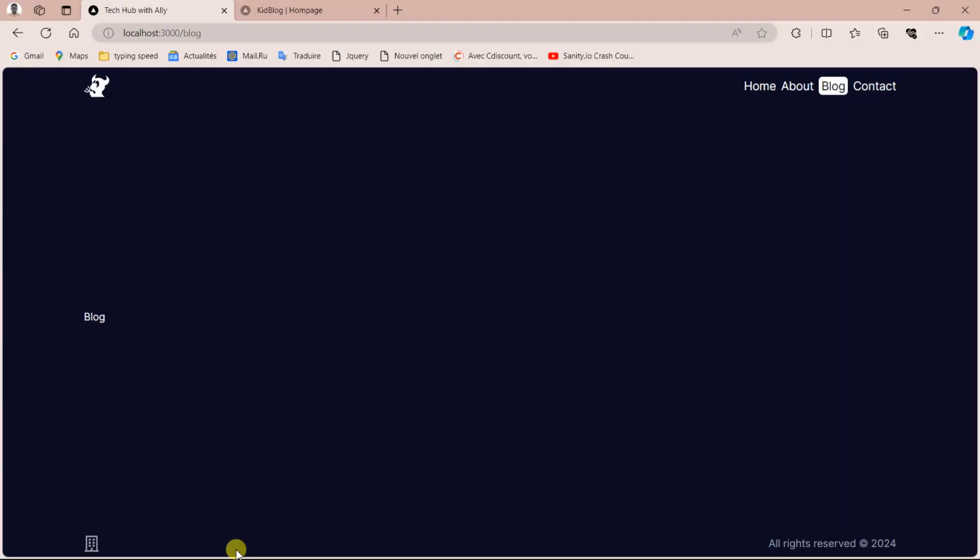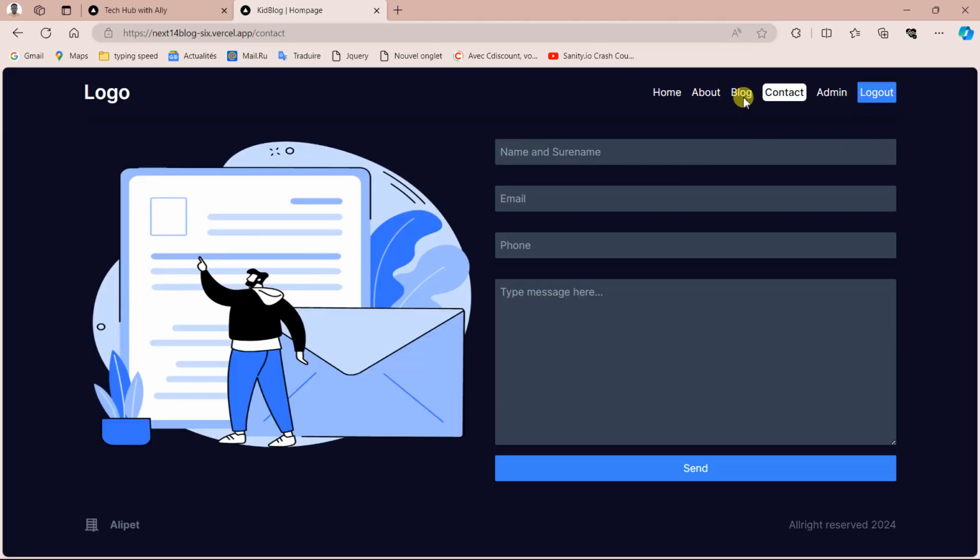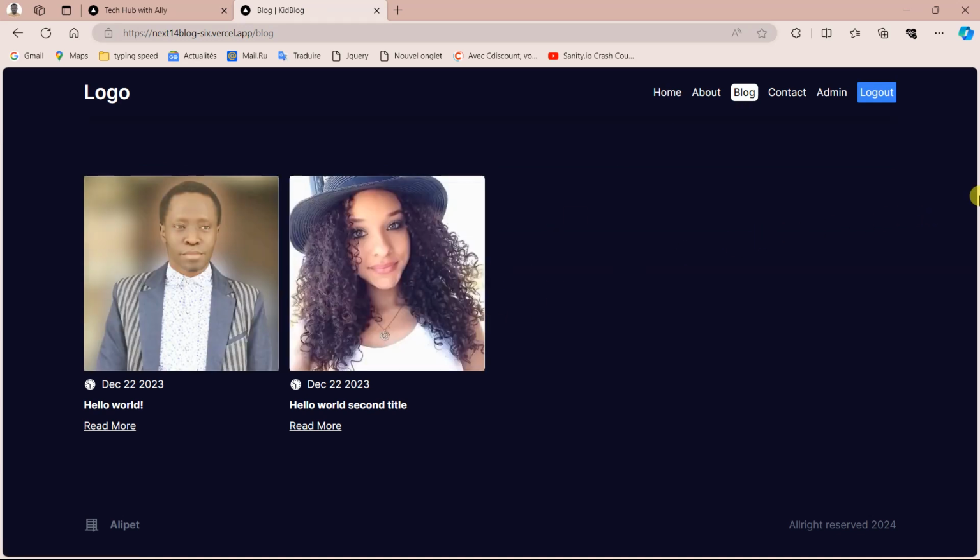So our challenge was here, the block part. This one here, go to block. So I just put two samples, because at any time this can increase and become very many, something like that. So if I click on read more here,